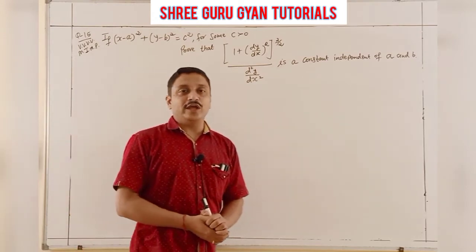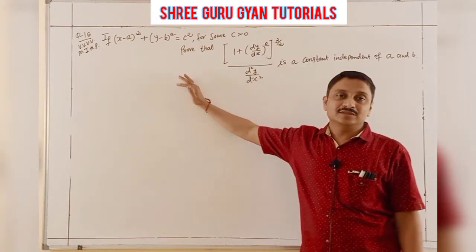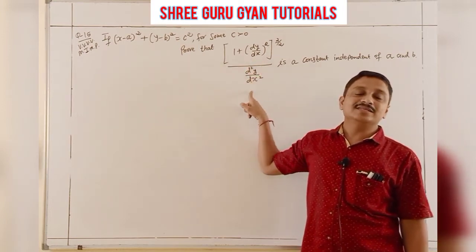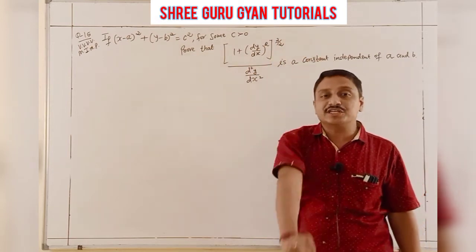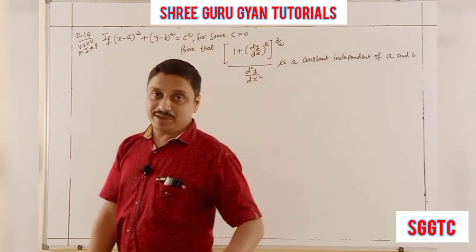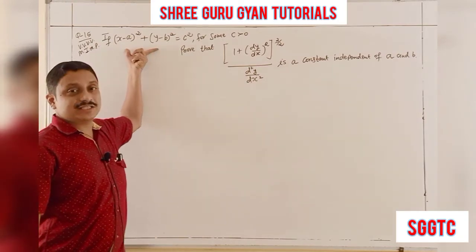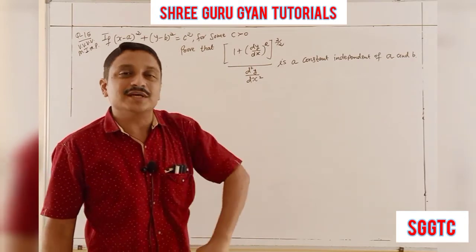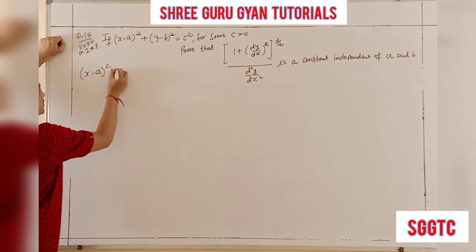Now students, I am going to one more dangerous sum. It is the most important sum. Prove that in this level, the first order derivative and second order derivative, and by 2, is a constant and independent of a and b. It means not dependent on a and b for these equations. This equation, students, is nothing but the Cartesian equation of a circle. And this equation, I start my first